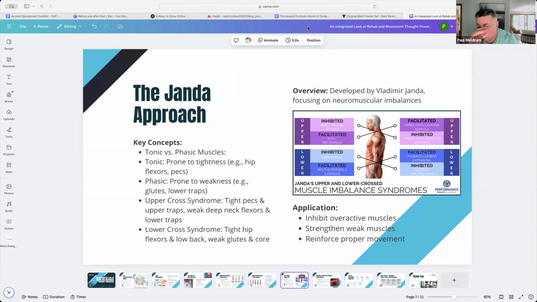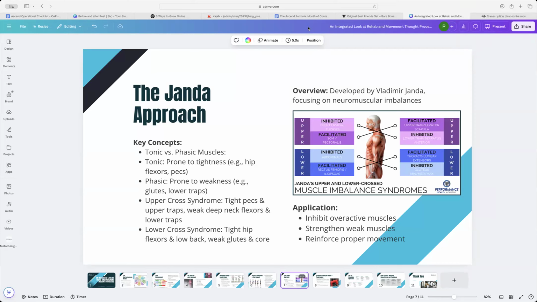And we all know from our clients that there are very common patterns that people have, and then we train them, and they get better in every way. So we all know that if we make our clients stronger in their glutes and their middle back, everything is good. It fixes things really quickly. We all know that there are some key exercises that most people could benefit from. It's not really rocket science, and it's because of this concept of tonic versus phasic muscles.